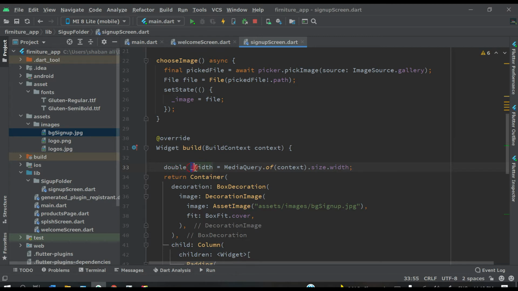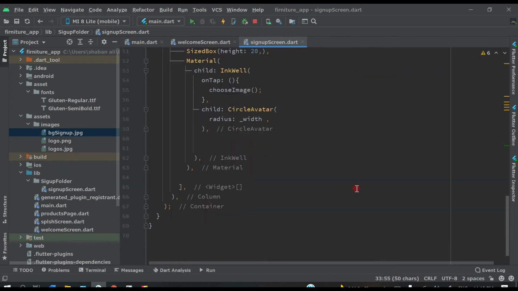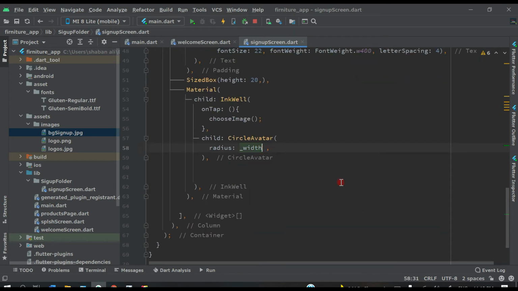Declare one variable for this width like this: double _width equals MediaQuery.of(context).size. Now come back here and you will see the error has gone, and now multiply by 0.20.